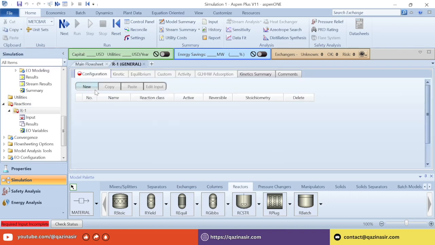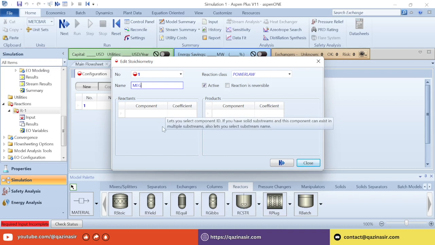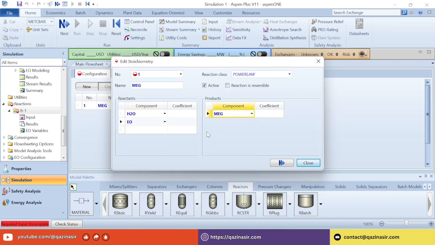For the reactions, we have 4 different types of reactions that are happening. These reactions are kinetic based reactions. The first one, based on the power law, is called MEG, ethylene glycol. That is the water reacting with ethylene oxide to produce ethylene glycol. We'll provide the coefficients,